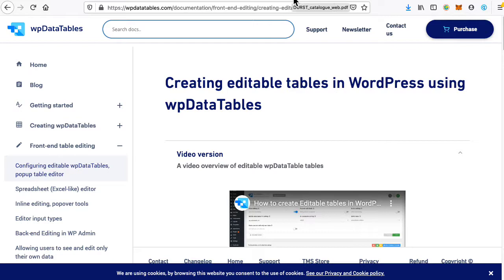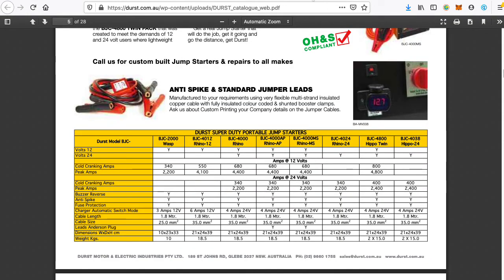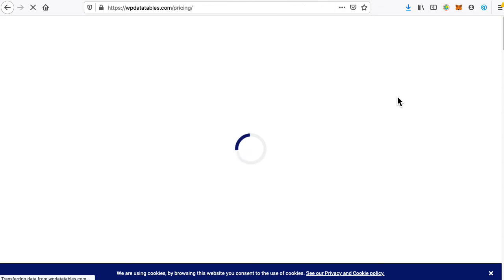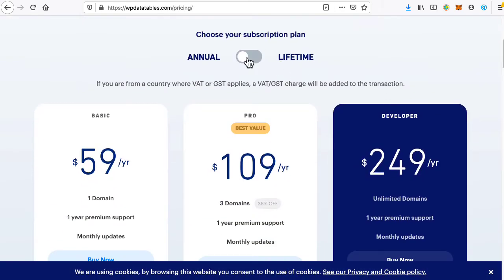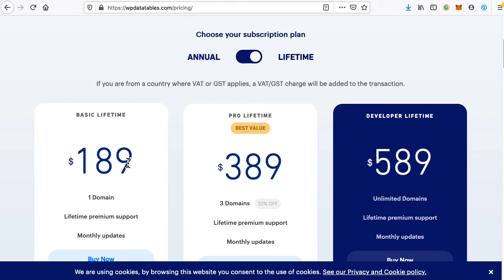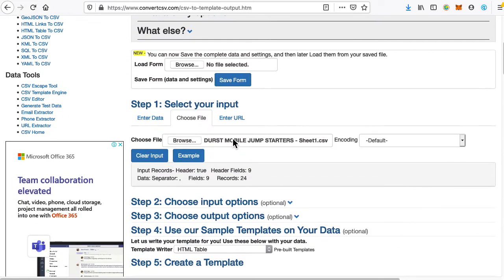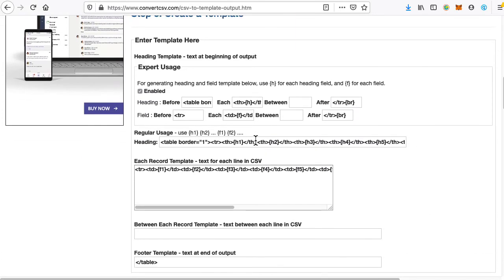So, look, the last part of this review is not about the usability, but on the actual pricing of this product. Lifetime for one domain is almost $200, and I'm finding that hard to justify when there's a lot of programs that you can use for free, to generate anything from CSV using templates. I imported the same file onto this website here, and